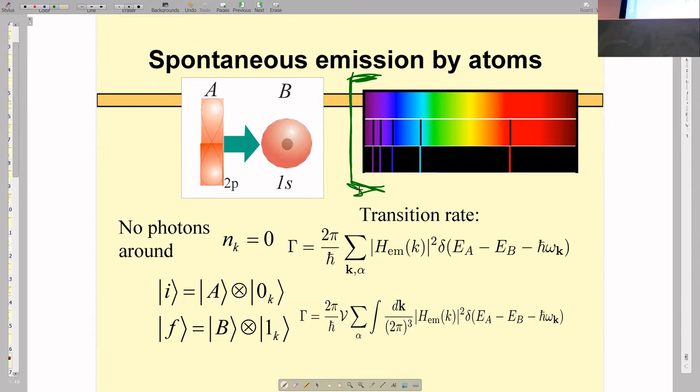What we are going to compute is the emission rate by atoms. So atoms are in some certain states. They decay, they emit photons. The energies of these photons should match energy differences of atomic levels. Levels in atoms are discrete. That was yet another discovery which has led to the formulation of quantum mechanics. So the atomic spectrum should look like this: a sequence of discrete lines.